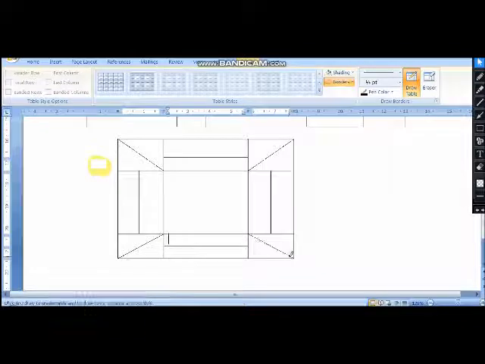So draw table is used when you want to insert a different type of table.